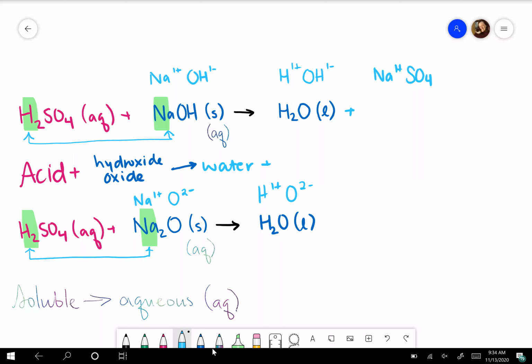Yeah, it's a 2-. So how many sodiums do I need to cancel out the charge of the sulfate? Perfect. It's going to need 2. Beautiful. So we're going to have here